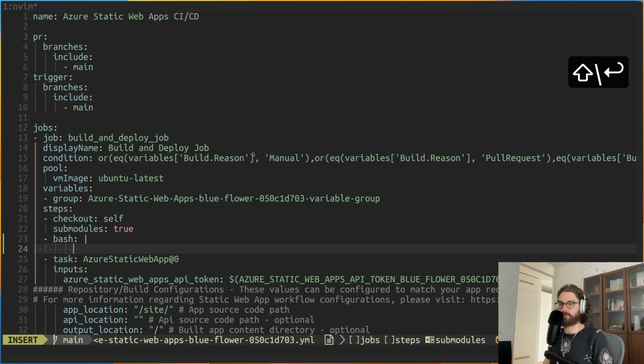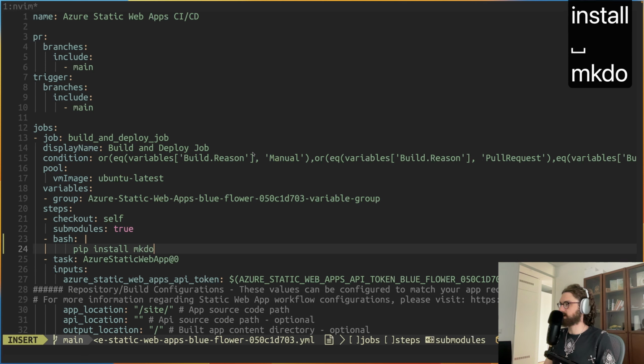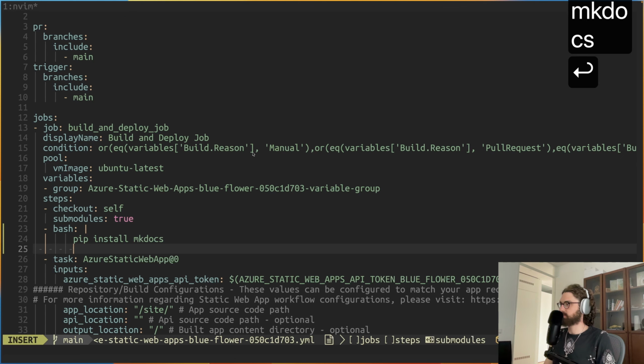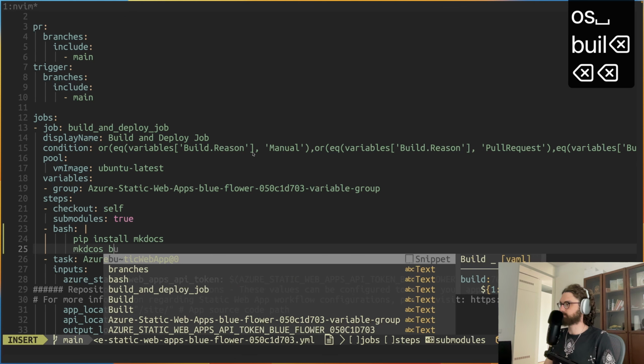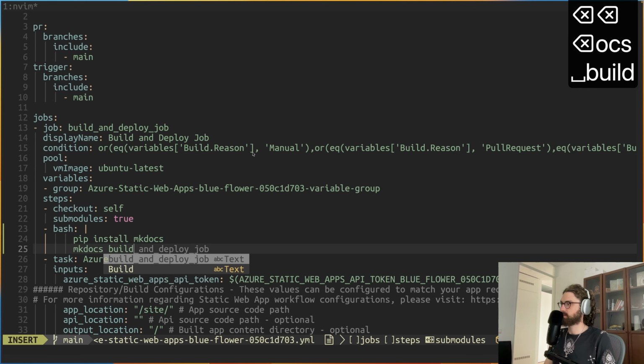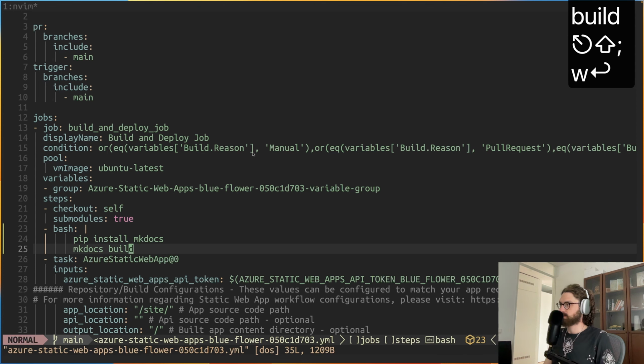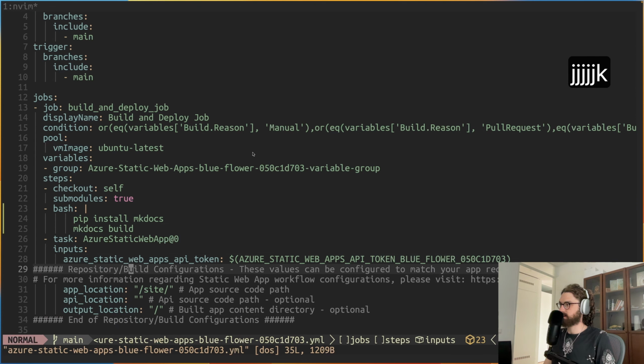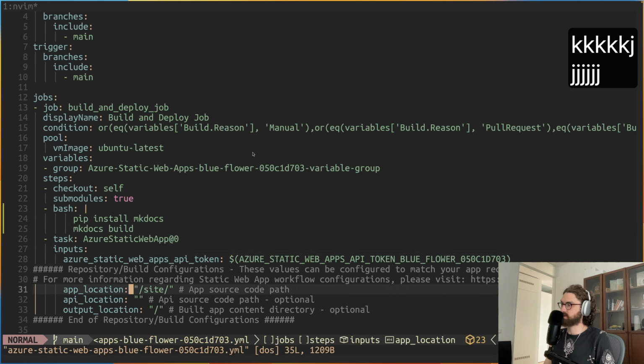and we're going to run a few commands, but for now we'll just do it like this: pip install mkdocs, and then we do mkdocs build. So when we run the pipeline, a container is spun up, it will check out the repo, and it will run these commands, and then actually the site directory will be there. So I'm going to